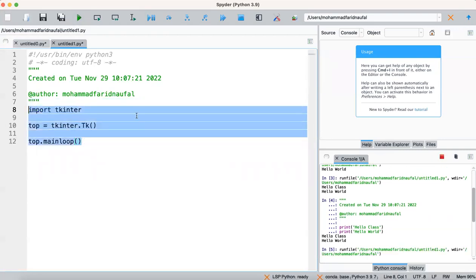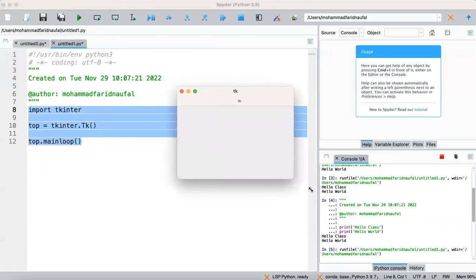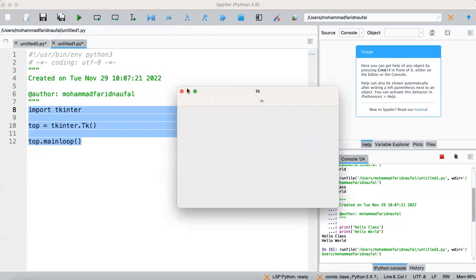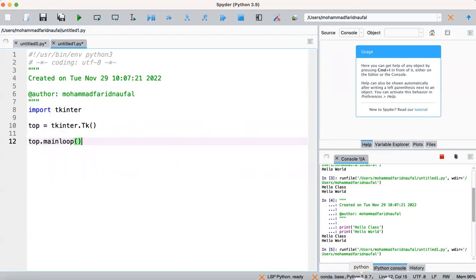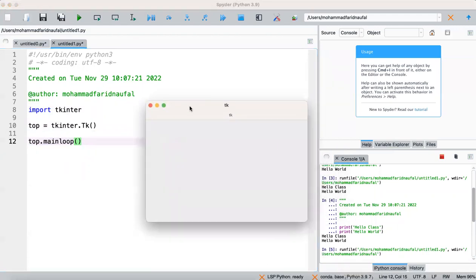So this is the top variable; it means we have one window here, and this window is inside the top variable. So this is a window form in Python. If we want to create a window form, we can just call tkinter.Tk. It means we create one window in our Python.